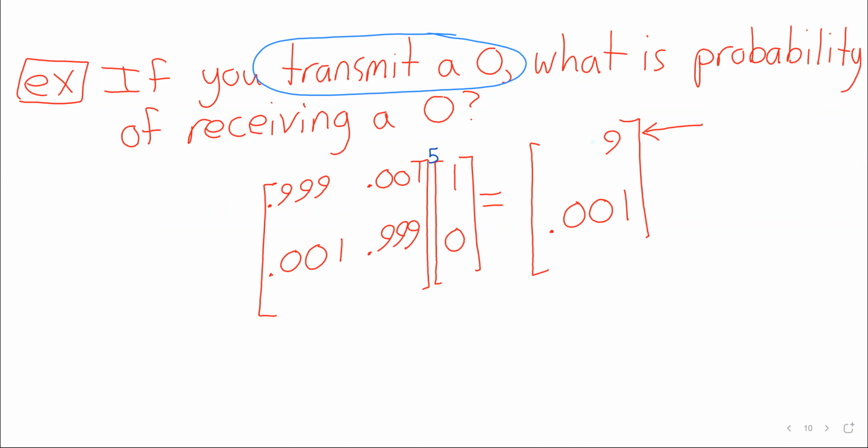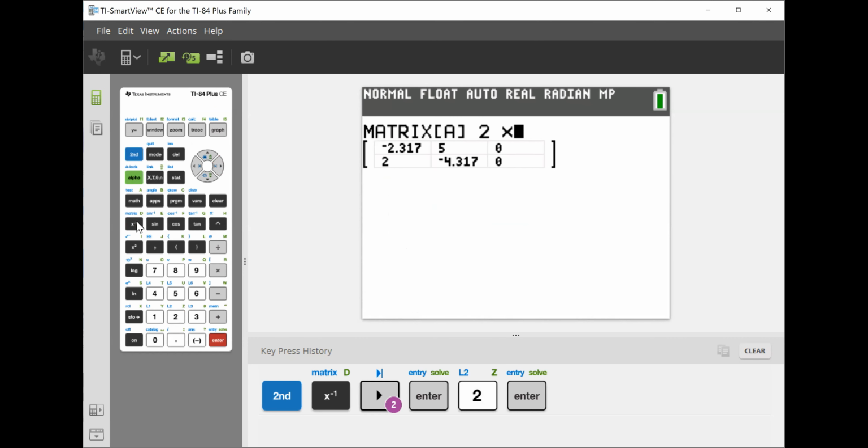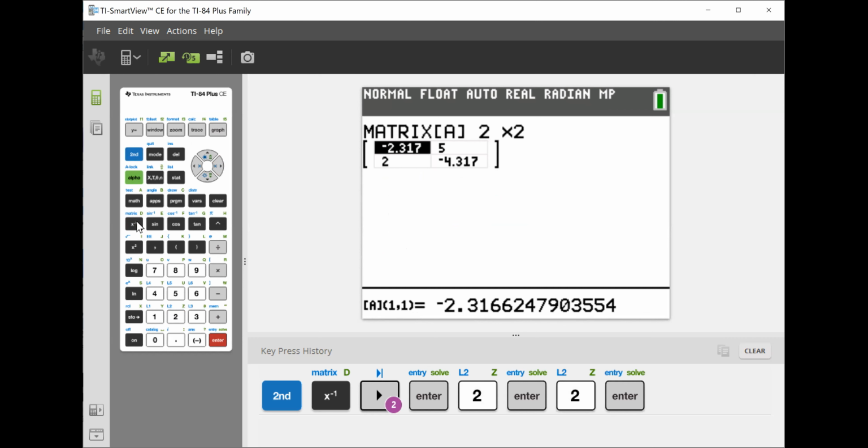And now, of course, there's absolutely no chance of us doing this by hand. So let's go to our trusty calculator. We now have a 2x2 matrix,